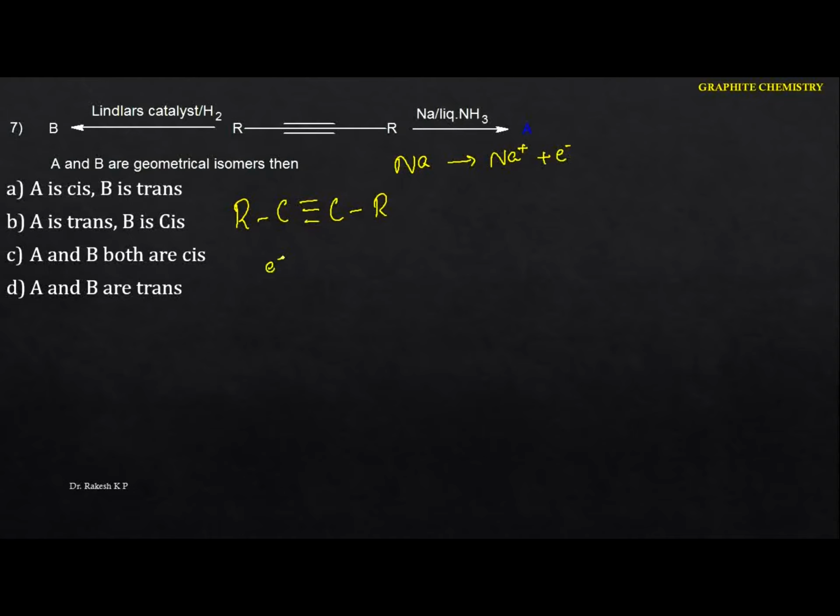So this electron, the one electron goes to here, and here the two electrons will be shifted to this carbon. Here we can identify this carbon carries one electron, and the next carbon carries two electrons. That means we are having it like this. This is the minus. And see the next one here. Here they are given the ammonia. So this ammonia I am going to write in this form here. Now you just identify this carbanion readily abstracts the hydrogen, and here you are going to get it like this. Now see the intermediate you are going to get. This is the R. Again we are going to have one electron here.